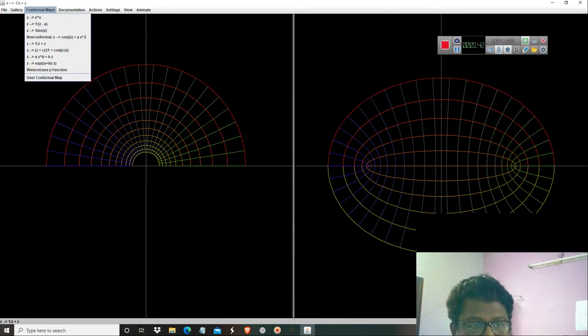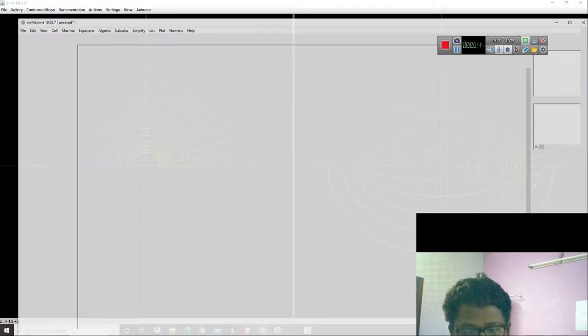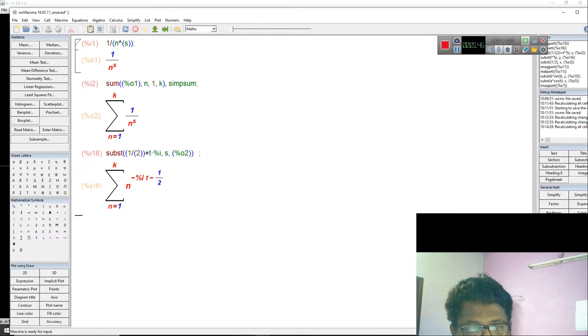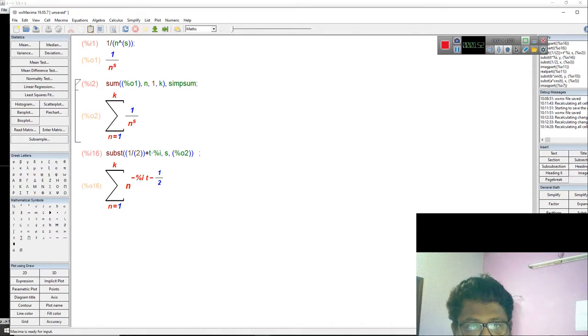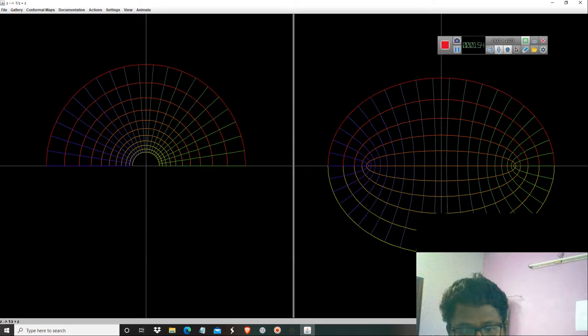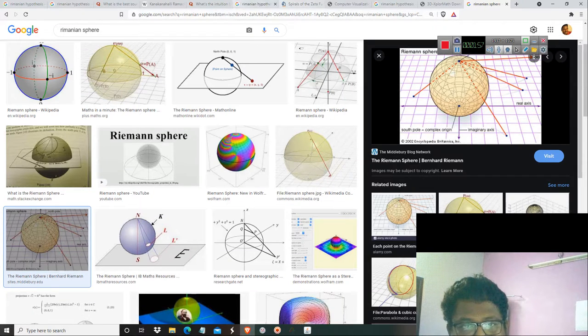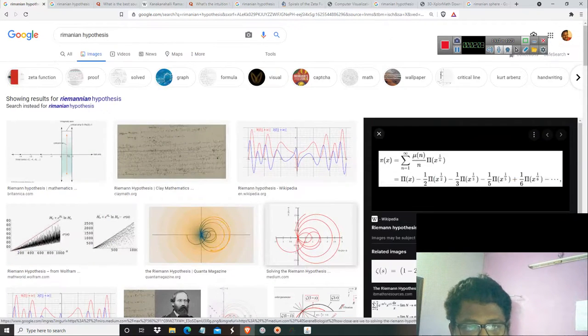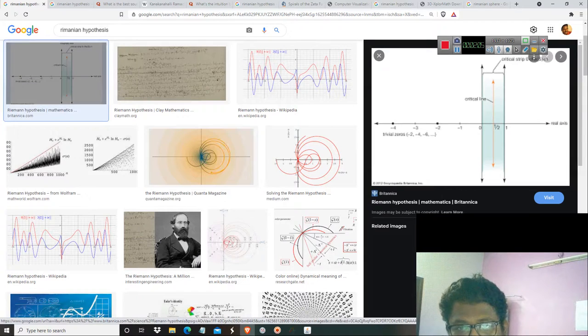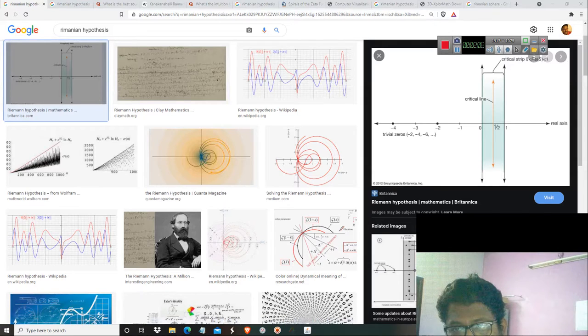So when you do a zeta function, how do you map a zeta function? This is the zeta function. When I substitute for s as x plus iy, there is a critical step I have to talk about. In the Riemann hypothesis, it is said that every zero is lying on this line.